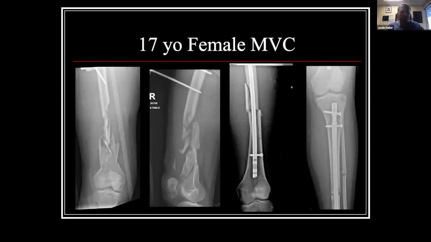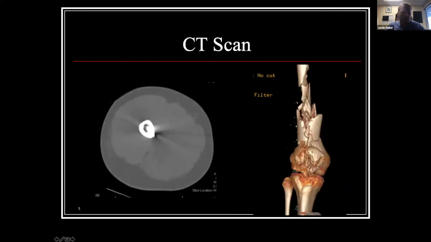So next case is this 17-year-old female. She was involved in a head-on MVC where she had a 3A open femur fracture that was initially spanned at an outside facility, where they did an I&D as well and removed some bone. She also had a contralateral tibia and contralateral femur fracture that are fixed like this. And so here are her CT scans